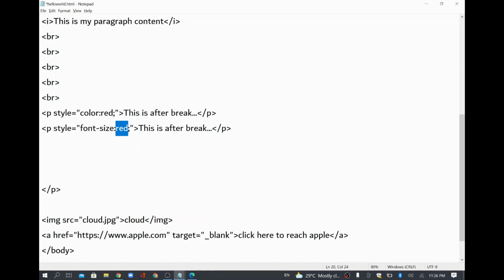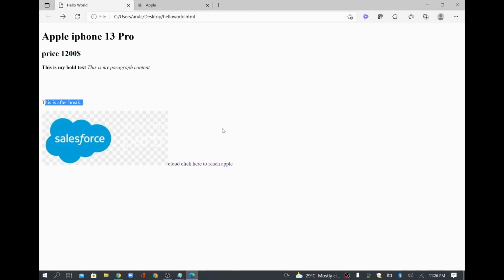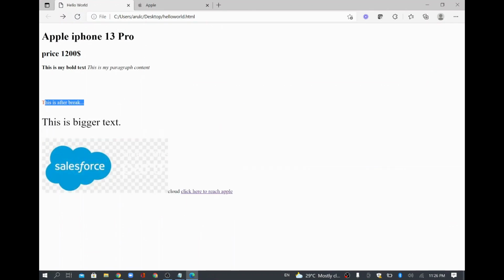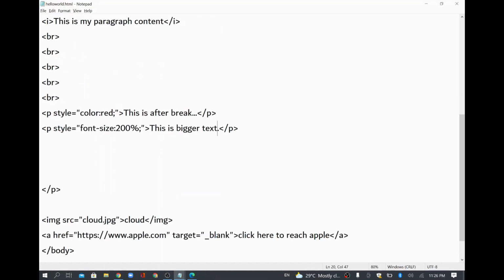For example, in the current text I want a 200% size, and I'll save this one. I'll say this is a bigger text. I saved it. See here, this is a smaller text and this is a bigger text. Both are paragraphs only, but here I gave a 200% font size, which is why this particular text is a little bigger.